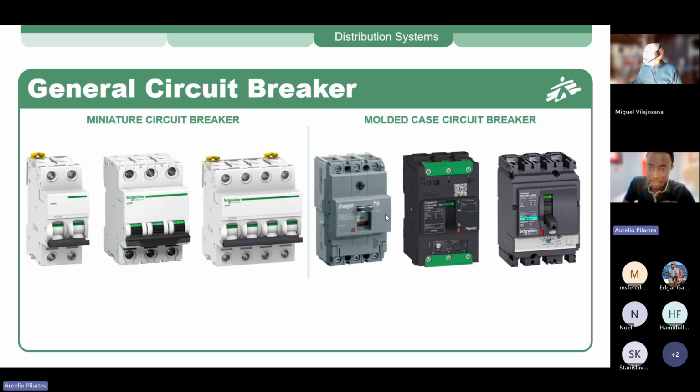And MCCBs, as you can expect, are more expensive than the MCBs. In a normal installation, where we have big currents, the MCCB is usually installed as the main circuit breaker only. And then after the MCCB, you have MCBs all around. So here you have 3-pole MCBs, which are not advised. Yes, please.